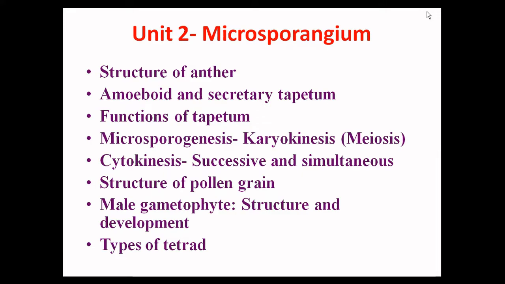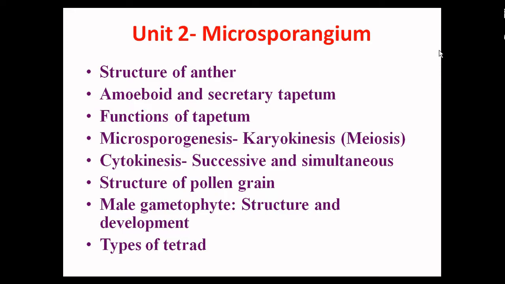These cells of the middle layers are ephemeral, that is, they are short-lived. So they basically become flattened and crushed during the meiosis in pollen mother cells. The cells of the middle layers are involved in storage of starch and other reserves. The last part of the anther wall is the tapetum, which is the innermost layer, and it is usually single layered, having a dense cytoplasm and prominent nuclei. The cells of the tapetum completely surround the sporogenous tissue, and the major function of the tapetum is to provide the food material to the developing sporogenous cells.